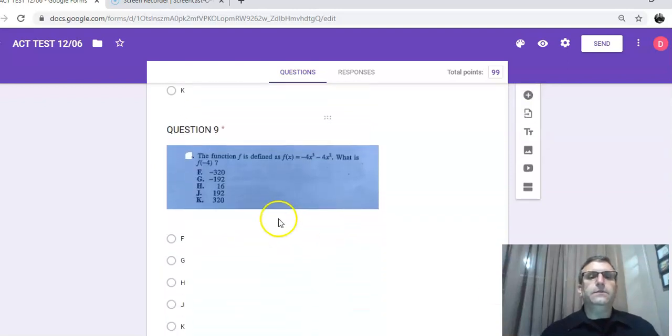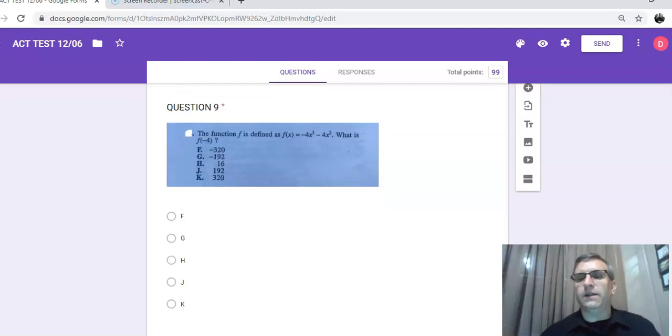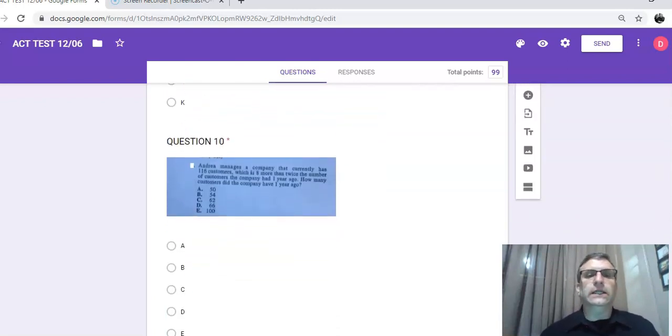Okay, 9, just plugging in -4 for x. Be sure that you use parentheses when using negative numbers in your calculators. If not, it will come out wrong. All right,